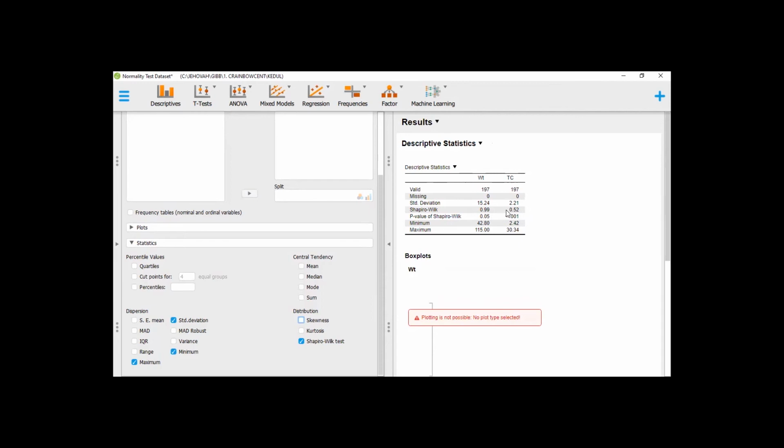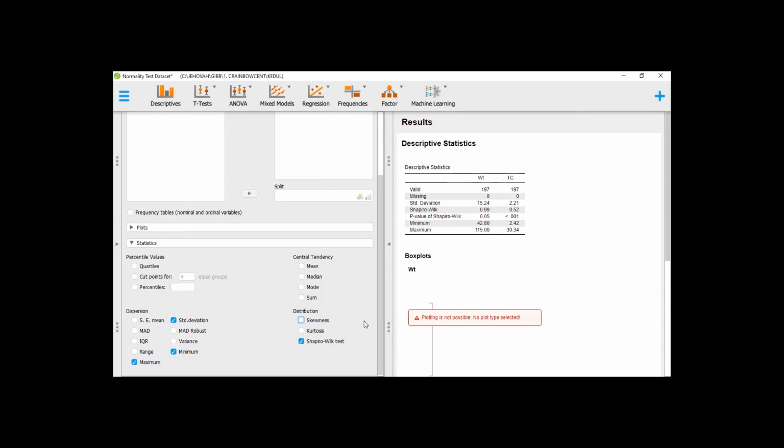What it means is that this data set is not significantly different from the normal Gaussian distribution. If it is not different, then it is the same or similar, and so we can say that this is normally distributed, or parametric. This one has a p-value that is significantly different from the normal Gaussian distribution. If it is significantly different, then it is non-parametric.